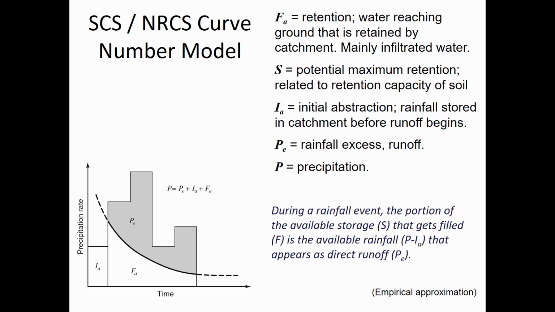Now the shape of this declining curve should be familiar from when we were doing the Green-Ampt discussion and the Horton method. It's the declining rate of potential infiltration. What it's saying is that there's precipitation, and everything above this declining rate of potential infiltration is rainfall excess. Here they call that P sub E, precipitation excess. Now the difference between precipitation and rainfall,